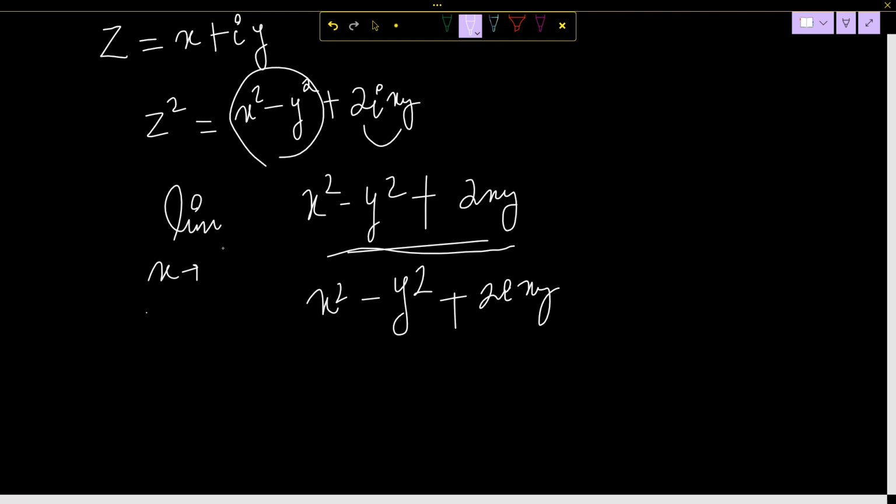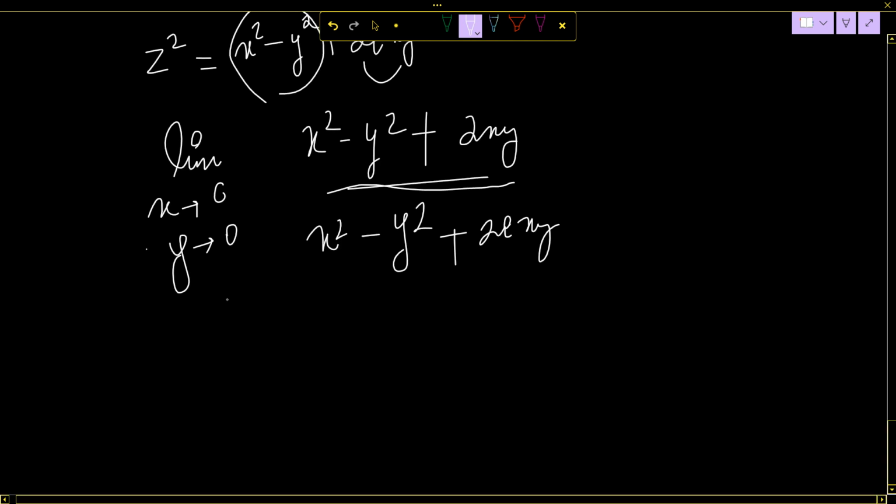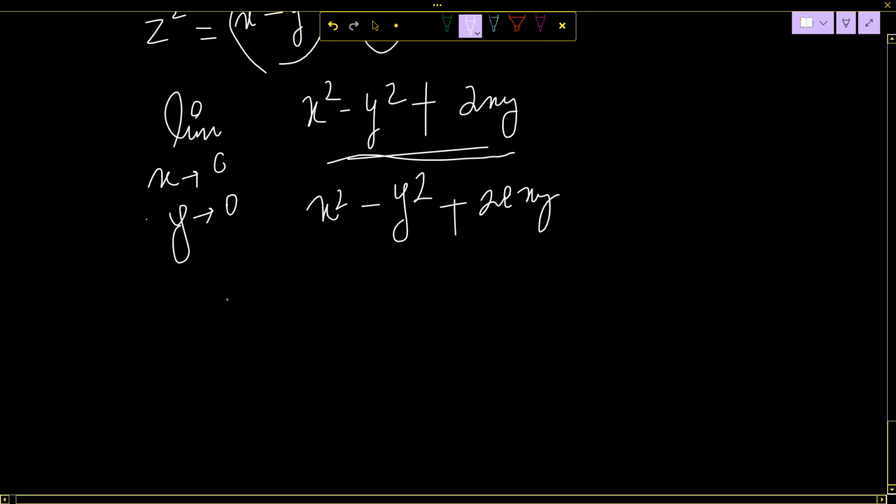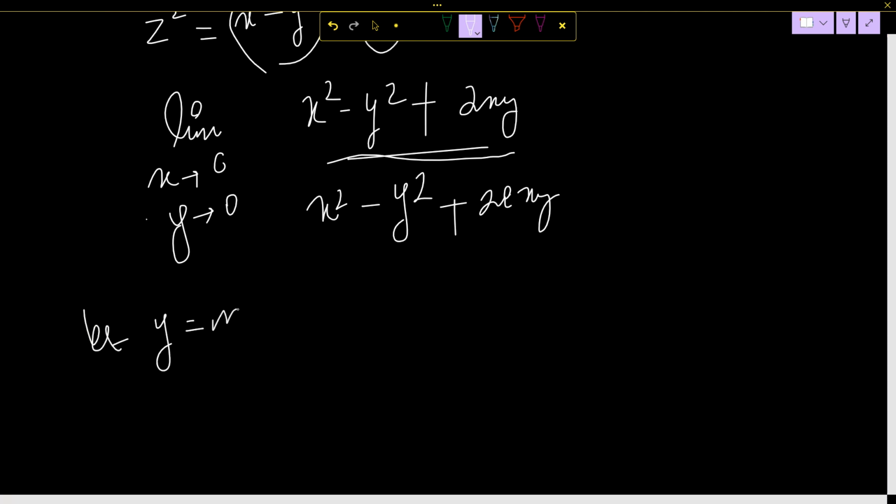So x tends to 0 and y tends to 0. Okay, so now, what will we do? See, we will do what here? Let us put y is equal to mx, and we will check. If you put y is equal to mx, this will become